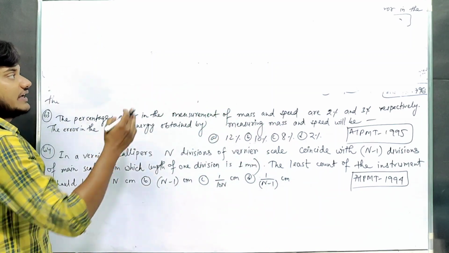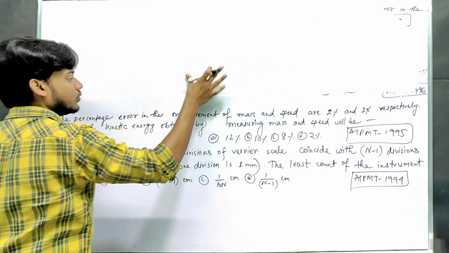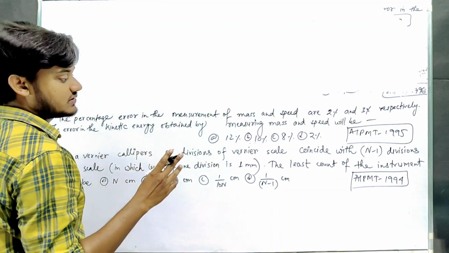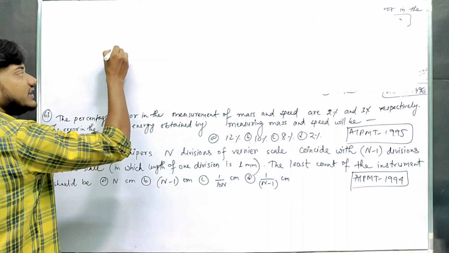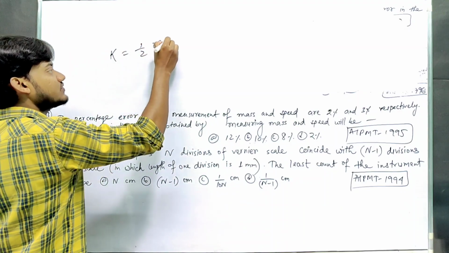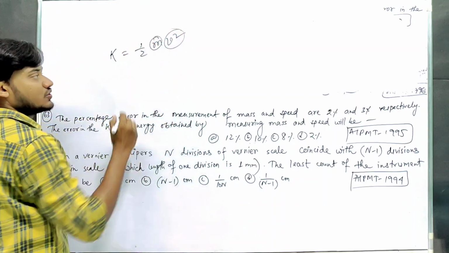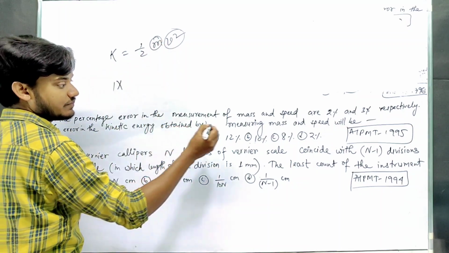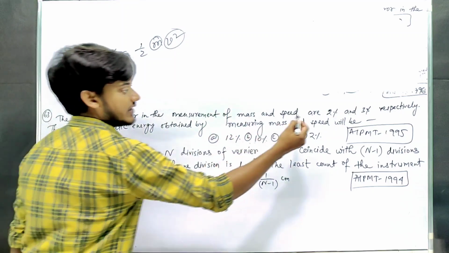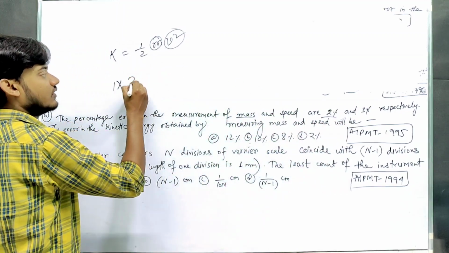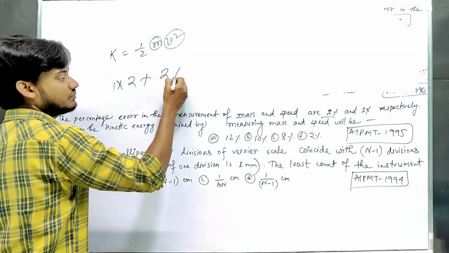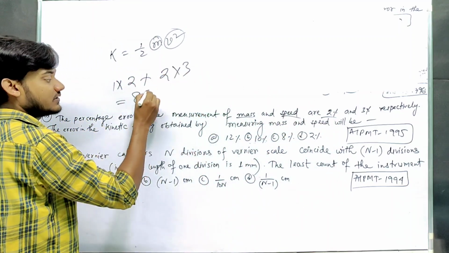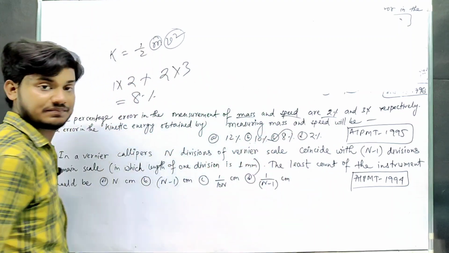Try this. Let's see how much comes out. Which answer will be correct? We know kinetic energy K equals half mv squared, where m is mass and v is speed. So the answer would be: power of mass 1, percentage of mass is 2, plus power of speed 2, percentage of speed 3, so the answer is 368%. Option C is the right answer. Next,